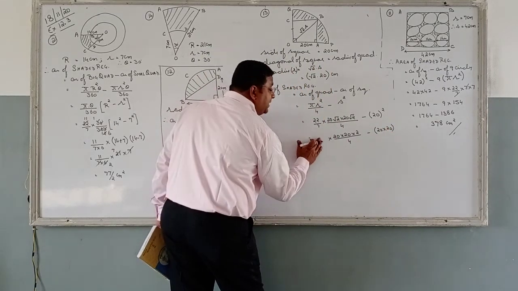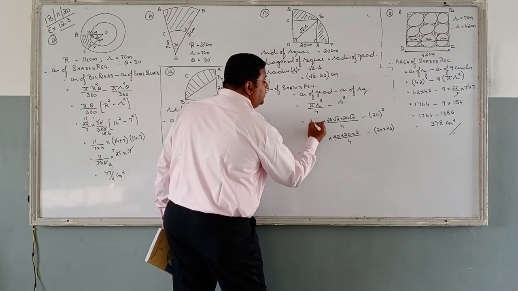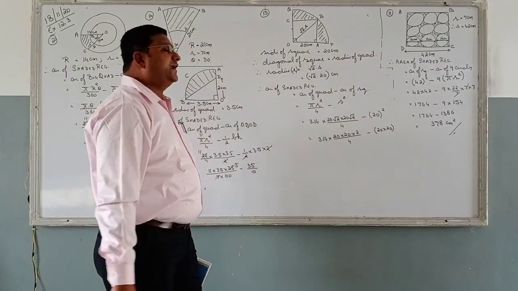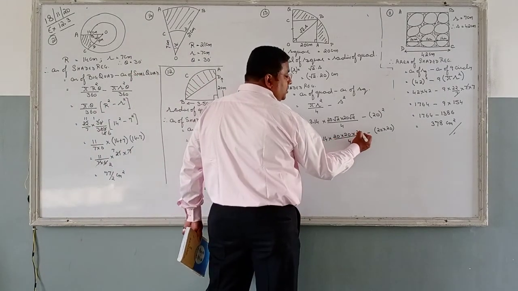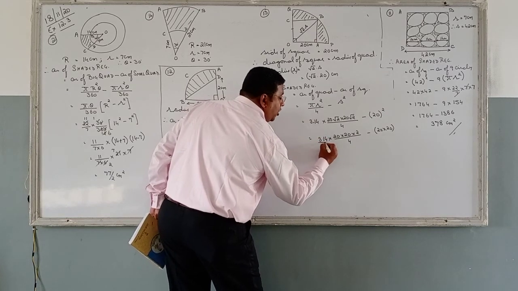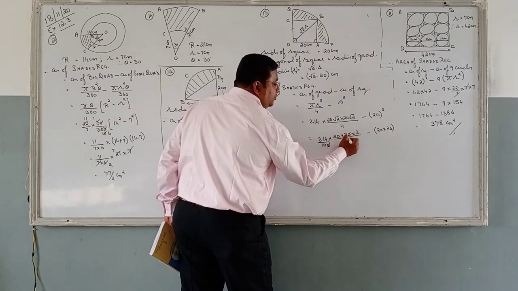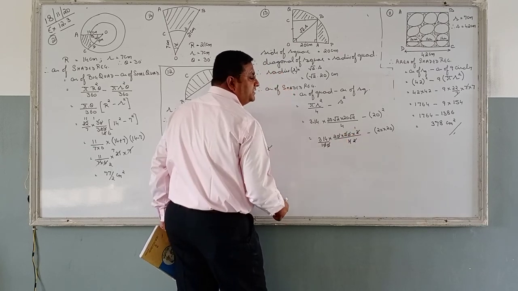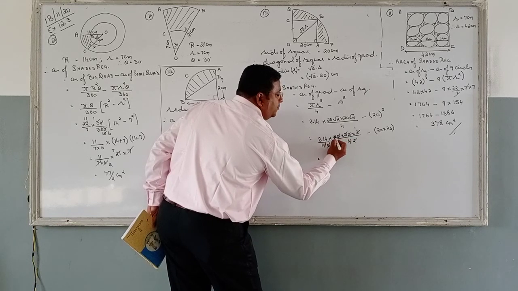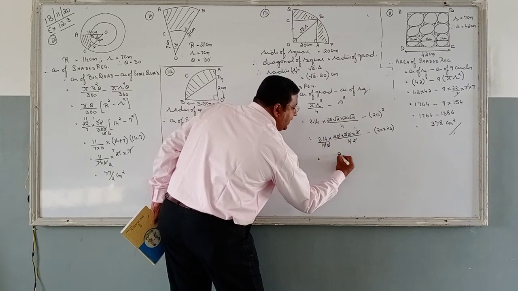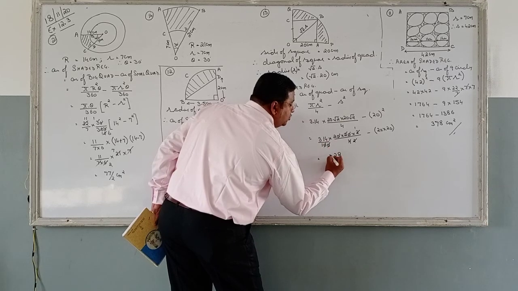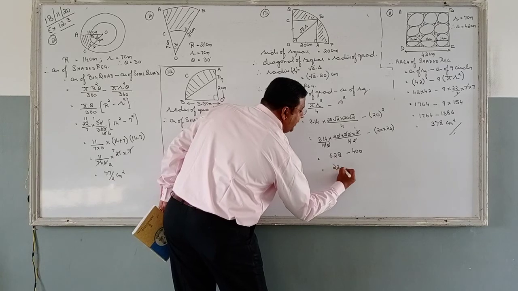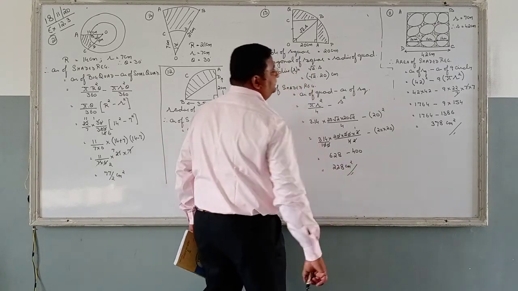Correct? And in case of pi, he wants us to use 3.14, so we will be using 3.14. Remove the decimal if you wish to. 3.14 upon 100. Everything is cancelled. So 2 multiplied by 3.14. 4 2s are 8, 2 4s are 8. 2 1s are 2, 2 3s are 6. Minus 400. So that is 228 centimeters.